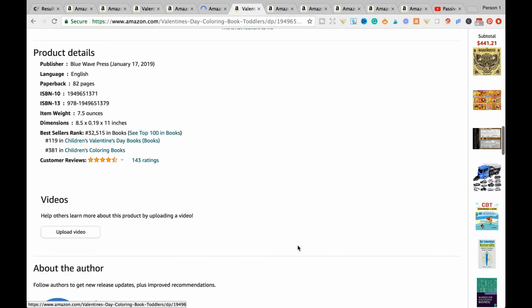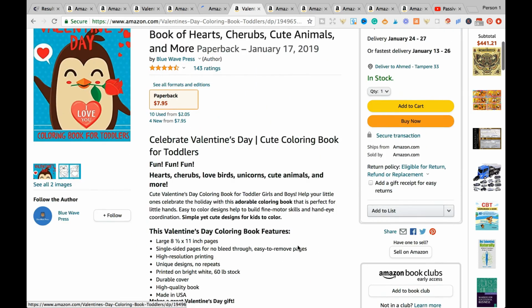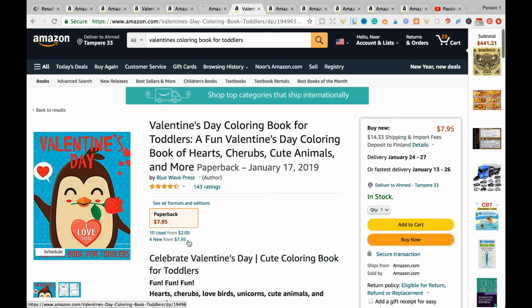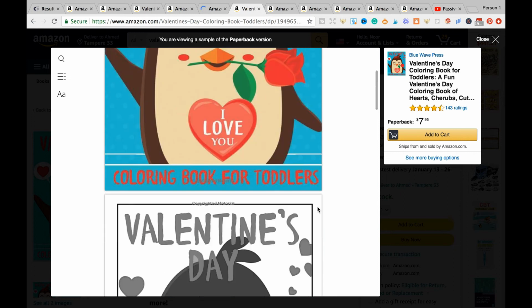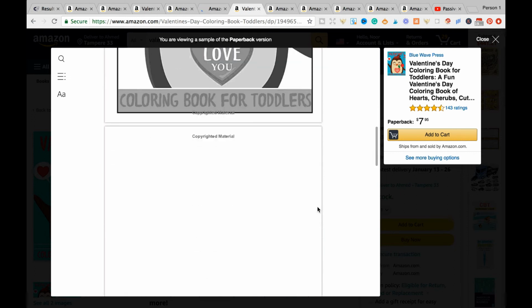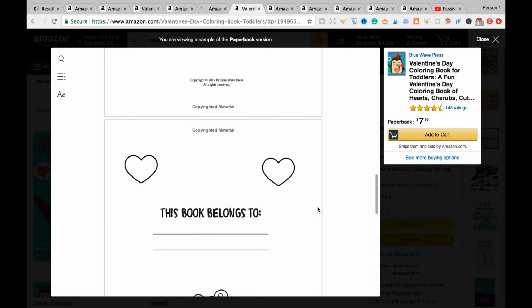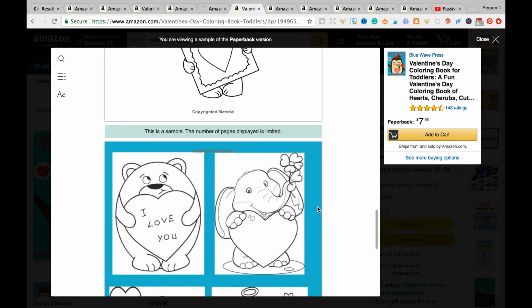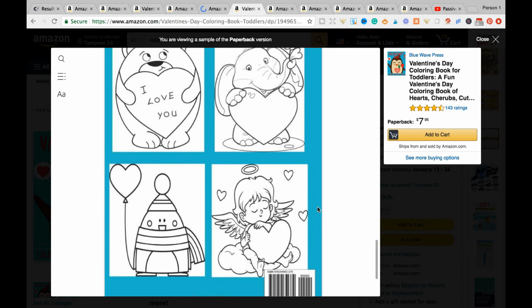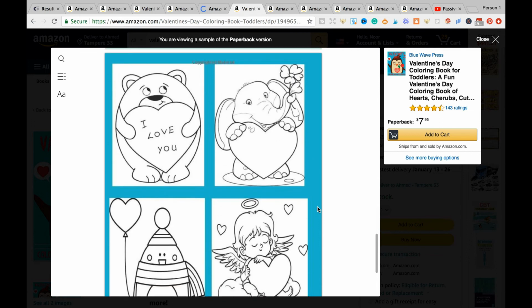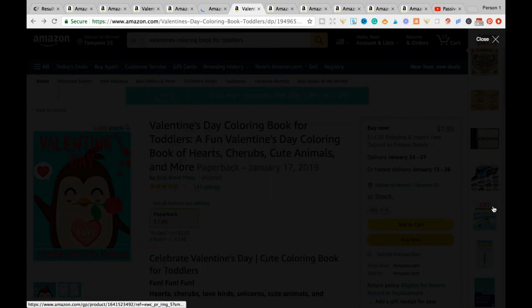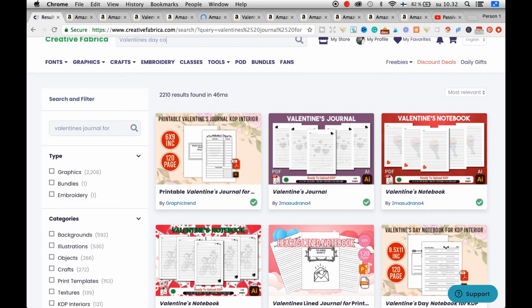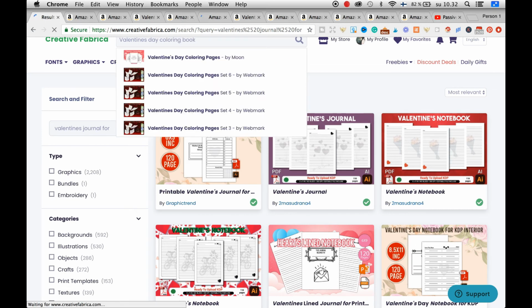The reviews have opened up and they're all great reviews, either 4.5 or 5 out of 5 stars. So let's see if we're able to look at the interior to get some inspiration. Yes, the interior has been opened. Now let's see what we have inside. As you can tell, extremely simple pages, this book belongs to, and we've got a collection or an example of pages. I really like how at the back cover they have some example pages of what the coloring book